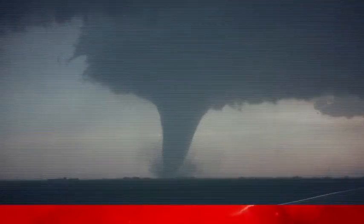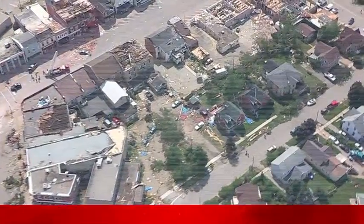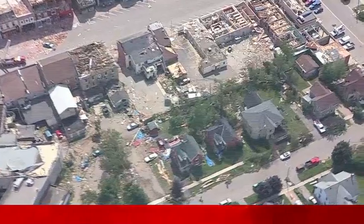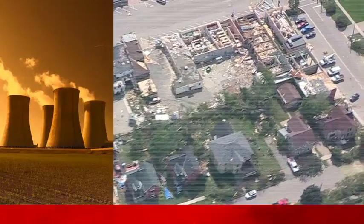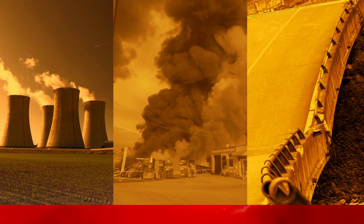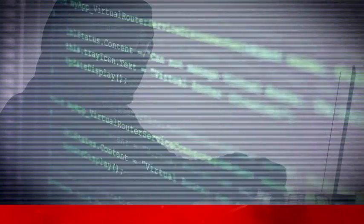Hurricanes, tornadoes, they wreak havoc, impacting thousands. There's no way to stop them. That's why we call them natural disasters. A power plant leaks, a gas line explodes, a bridge collapses. Those are disasters too, man-made disasters. And when criminals hack open a data network, impacting the privacy and finances of millions of people, that's a disaster